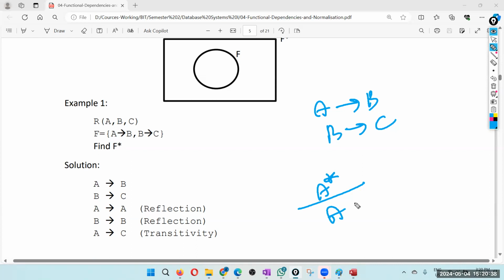Reflexivity rule of Armstrong's axioms. Because A determines A. If I know first name, I know first name. If I know salary, I know the salary. So therefore, A functionally determines A. If someone asks why, reflexivity. Then they have given you